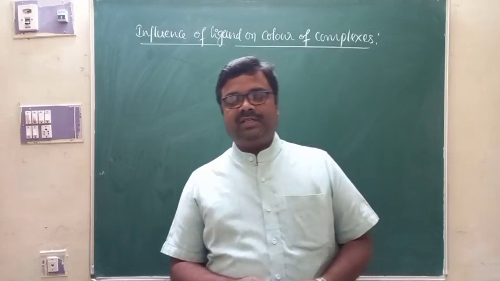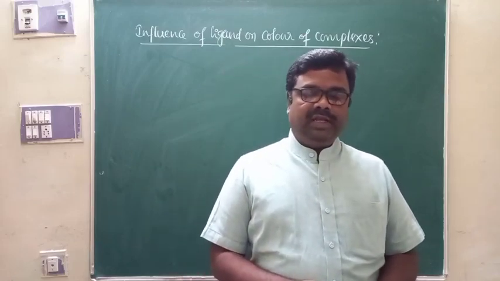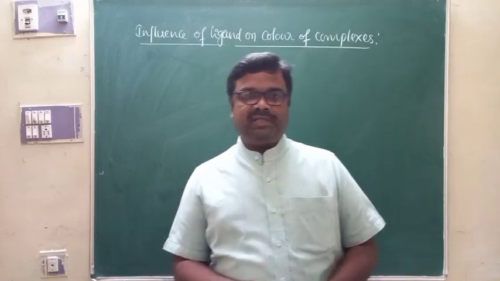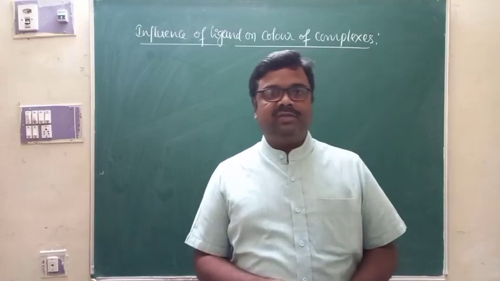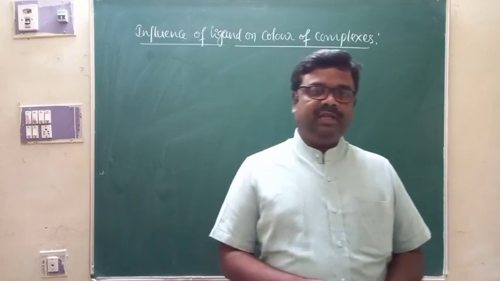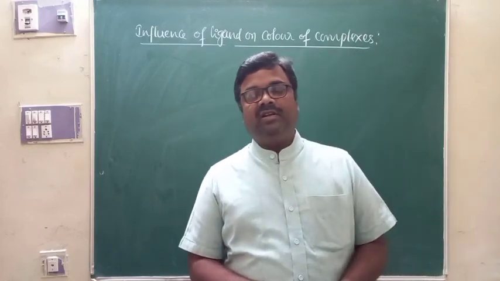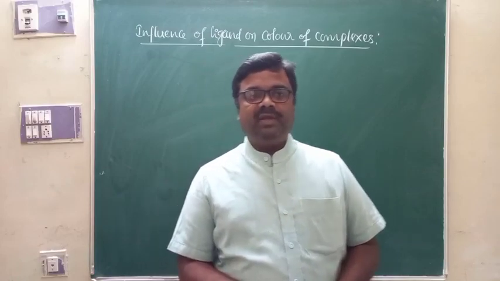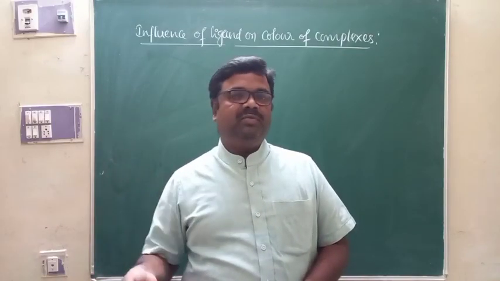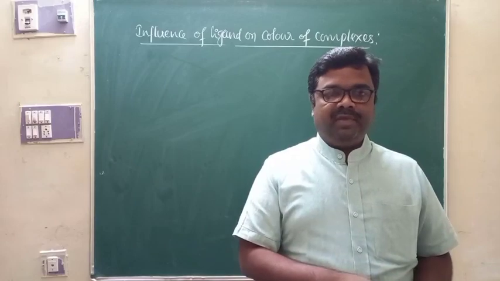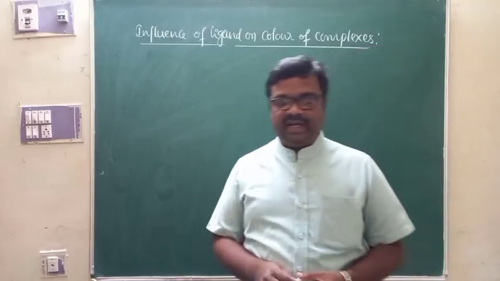In the previous video, we discussed crystal field theory. As an application of crystal field theory, we discussed the color of the complexes, the reason behind the color of the complexes. What we said is that it is because of the d-d transition between the t2g and eg orbitals of the given complex. When light falls on the complex, a certain color of the visible region is absorbed, and the remaining is transmitted. The color of the transmitted radiation is complementary to the color of the absorbed radiation, and the color of the complex is the color of the transmitted radiation. That is the explanation that we had.